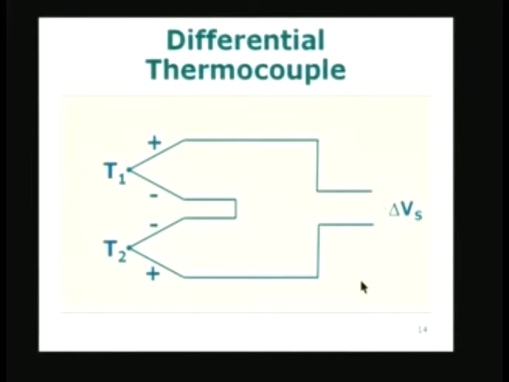Therefore, whenever we are measuring very small temperature differences, as in the case of a fluid which is flowing through a tube and getting heated or losing heat, if the temperature rise or drop is a small quantity like 2 or 3 degrees or even 5 degrees, you can measure the difference directly instead of measuring the two separately and taking the difference. There is another advantage. If you are measuring the temperature difference between two quantities which are very close to each other, the thermocouple is almost a linear device. That is a great advantage.